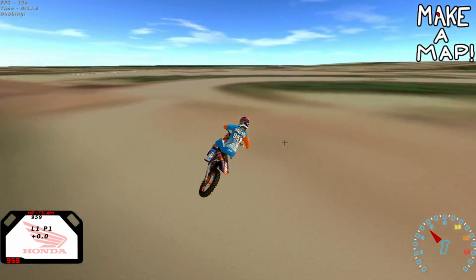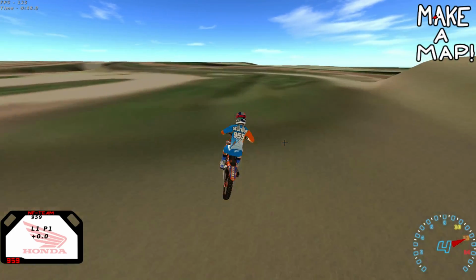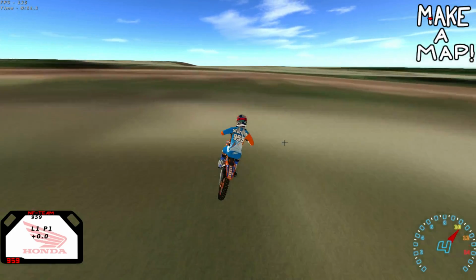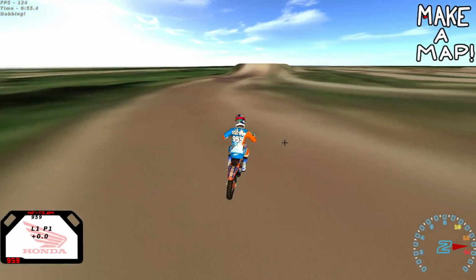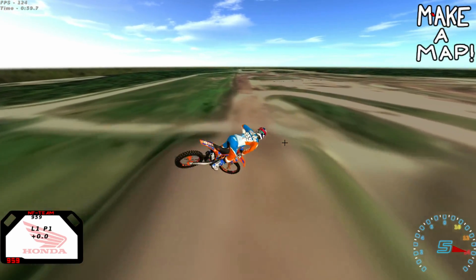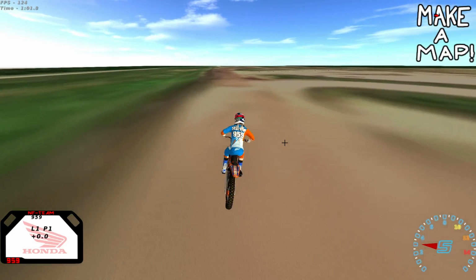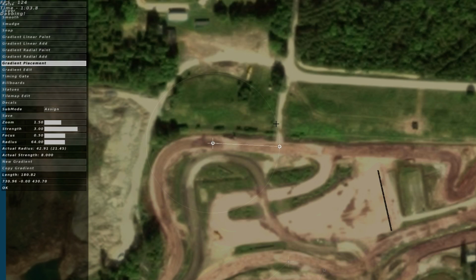So what do you think of this? I mean, it's a jump. It's probably somewhat realistic. Is it fun? Not too, because it's too short. In my opinion, you need pretty long jumps to make them fun, so I'm actually going to extend both